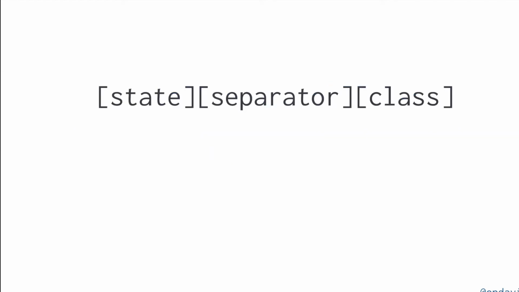So how do we use them? We have this format. We have the state, which is hover, focus, whatever. Then a separator, which is just a colon. We can configure that if we need to. If for some reason a colon doesn't work on your project, you could change it. I've never had a reason to, but you can. And then the class name. So any class, I'll asterisk that, we'll come back to that in a second,